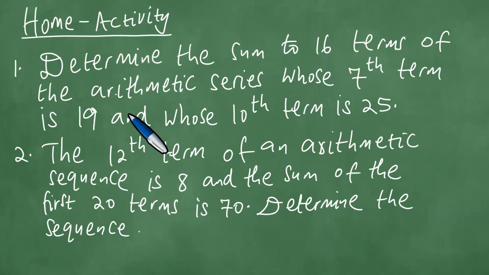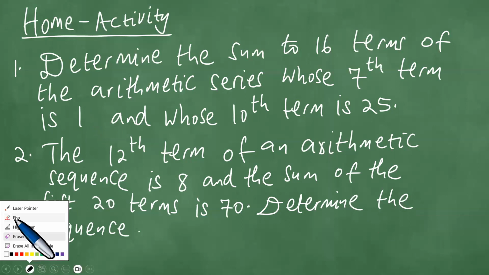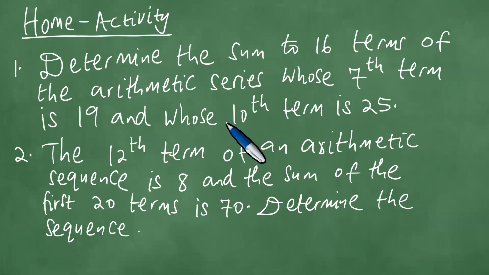Right, so the first one says determine the sum to 16 terms of the arithmetic series whose seventh term is 19 and whose 10th term is 25. Okay, the 12th term of an arithmetic sequence is 8, and the sum of the first 20 terms is 70. Determine the sequence. Number 3,